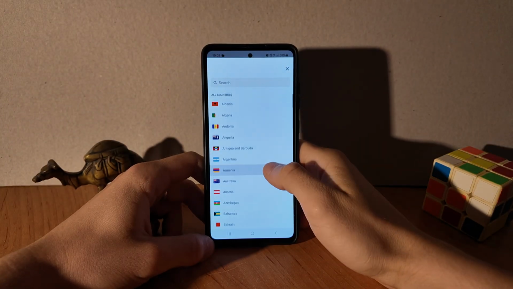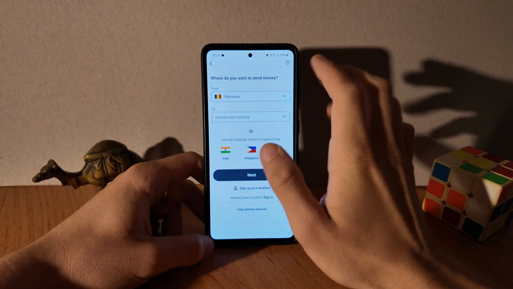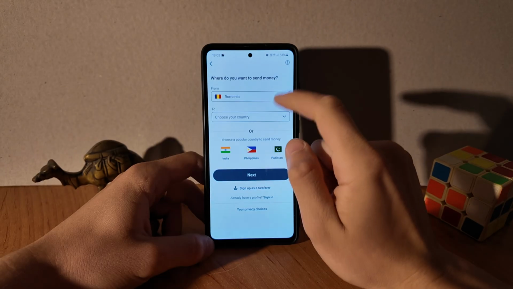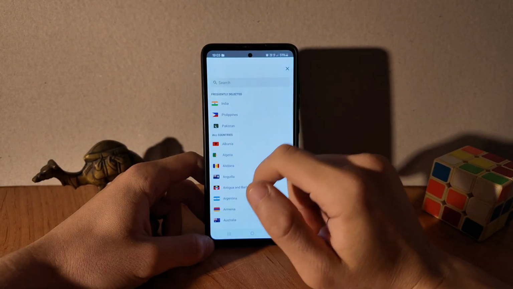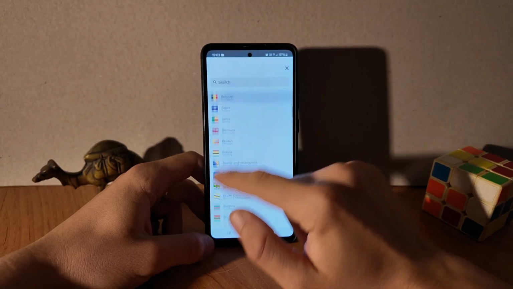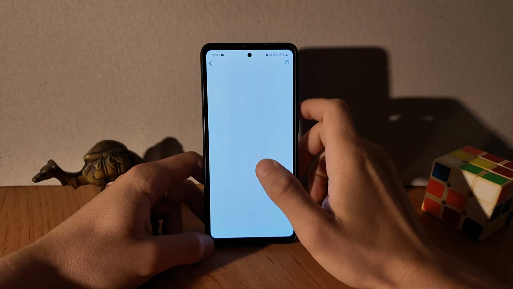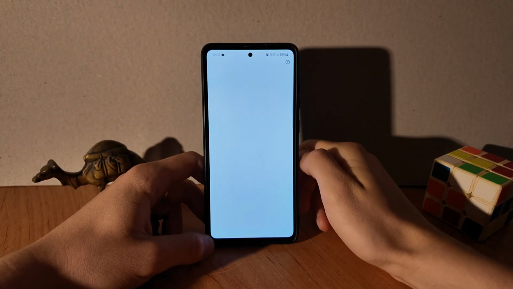and here we have to select from where we want to send money, and then select the country to where we want to send. Then we tap on next,